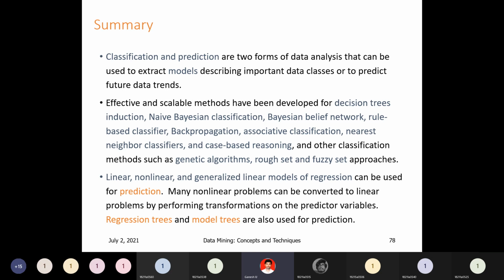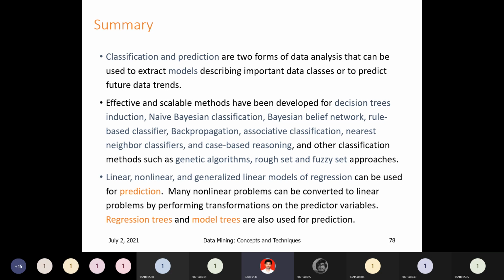That is the prediction. Continuous value. See here, in classification we are assigning class labels to the data. Data is divided into classes. That is the classification. Prediction is nothing but continuous values. You are predicting the next value. Prediction is always a numerical value. That may be a continuous value, a missing value, or an unknown value. You are predicting that. That is prediction.